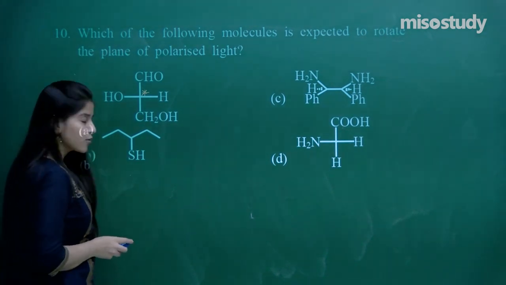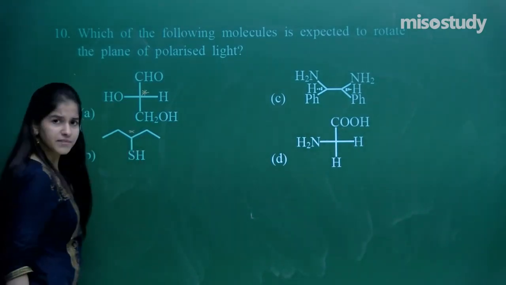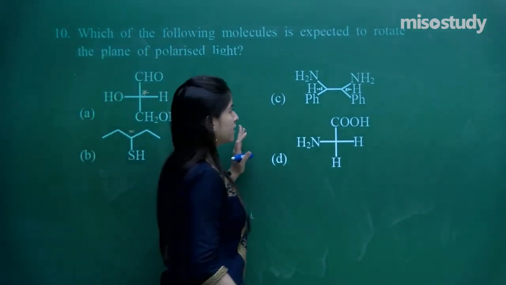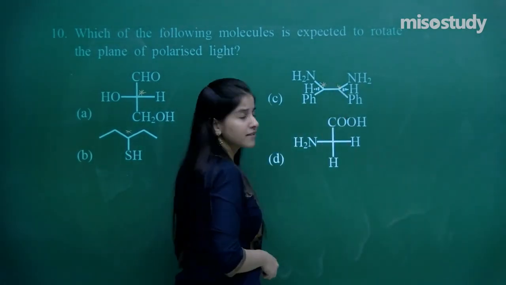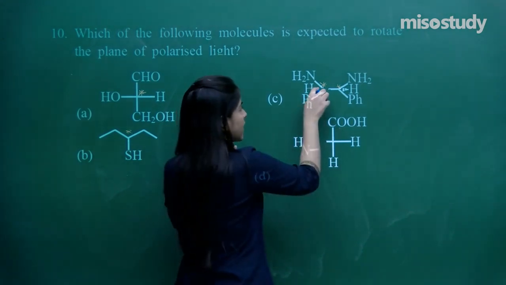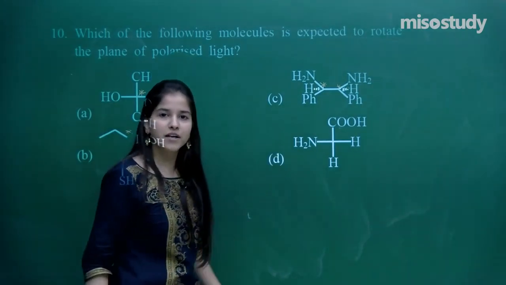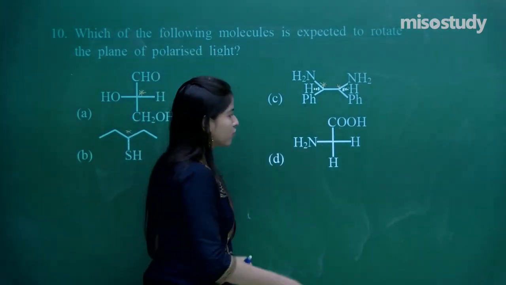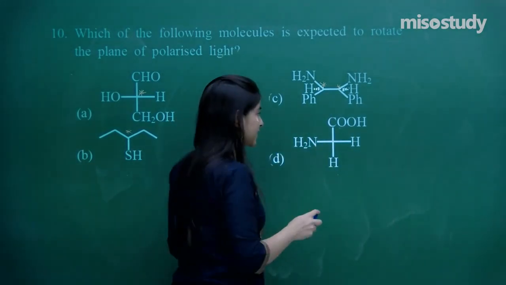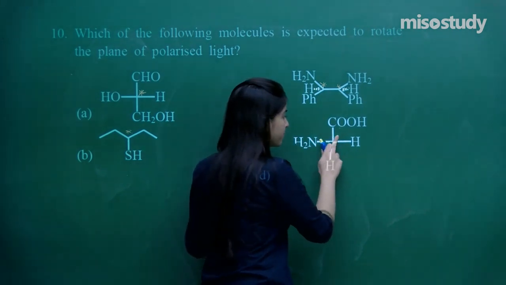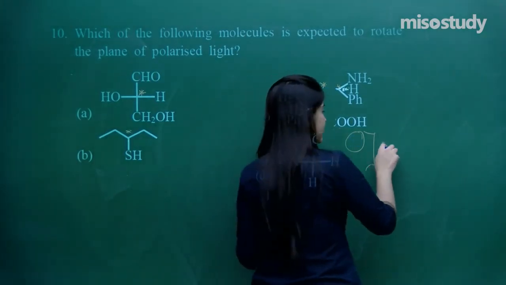In the very B option, what do I have? I have got a chiral carbon over here. Definitely yes. If you see, again we have got a chiral carbon here, and again we have got a chiral carbon here. These are nothing but the dashed hydrogens that we have got. So I hope you are able to recognize this. Now if you look on to this very carbon, this is what? This is glycine, this is the alpha amino acid, but this is non-chiral. Why? Because it has got two similar kind of groups attached. So this is not chiral.